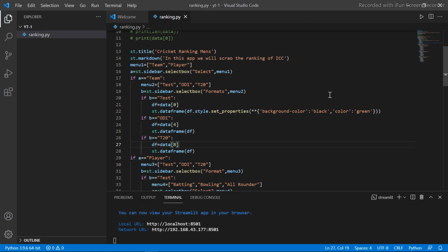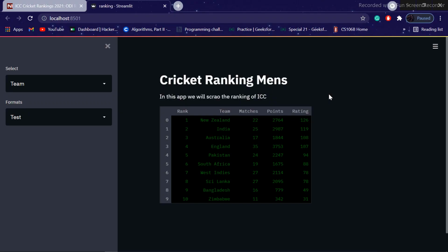Cool. Now everything has been done. So I want to wrap up, and I want to say that Streamlit is very easy and basic. If you are doing Python and you are making an ML model and you want to deploy it or make a web app for it, you can make it very easily with Streamlit. If you use Django and Flask, you have to put in a lot more effort, and you have already seen how simply an app gets made in Streamlit. So if you are doing Python, you must learn it, and it will help you a lot.